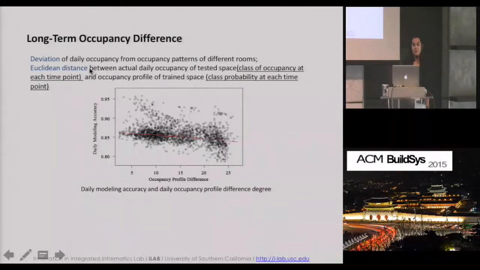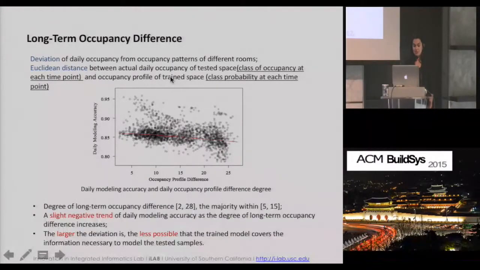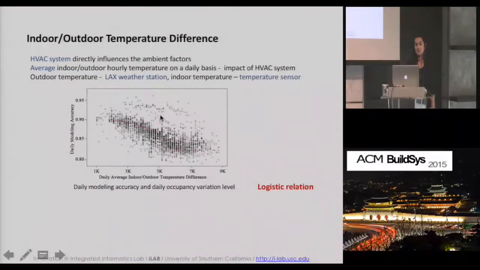These are the deviations of daily occupancy from occupancy patterns of different rooms. The way that we calculated that was the Euclidean distance between actual daily occupancy of the tested space and occupancy profile of the trained space. There was a slightly negative trend: the larger the deviation is, the less possible that the trained model covers the information necessary to model the tested samples. And the next one, the third one, I'm running out of time here, I think,